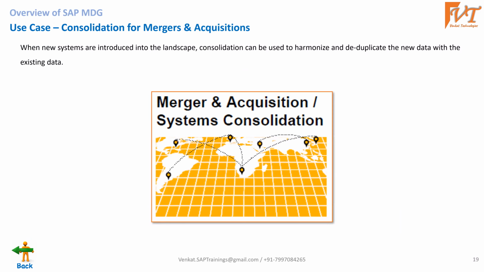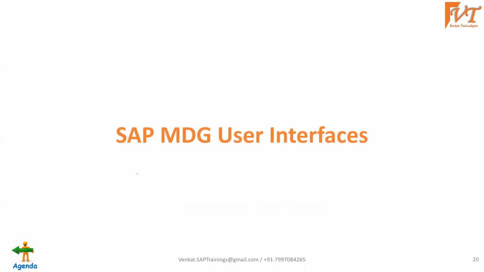And this is the same example that we have taken, mergers and acquisition. So merger is nothing but initially we'll merge all the business units' data into one, and for acquisition, later if any new business unit is being added, that also can be consolidated into MDG. So further additional steps will be required. So this is about what is MDG and the various use cases and advantages of MDG. With this, the mostly theoretical portion is completed.